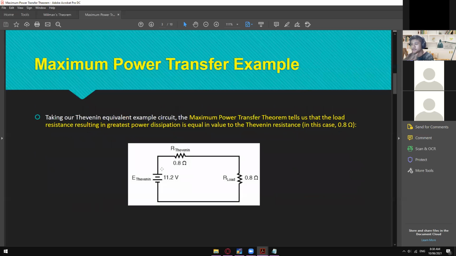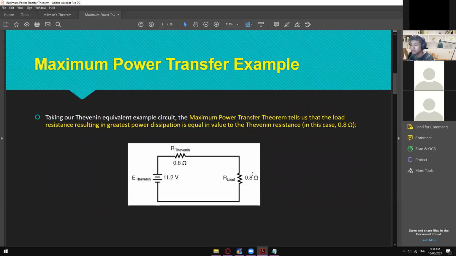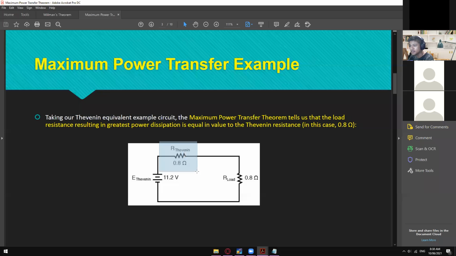So again, we need to have this kind of circuit, and for you to be able to get the maximum power transfer theorem, we have a shortcut for that one. Instead of solving this Pmax right here, for us to be able to know if we are getting the maximum power, all you need to do is make sure you have an equal Thevenin's resistance going to the R load. Basically, those two must be equal. So whatever is your voltage right here,